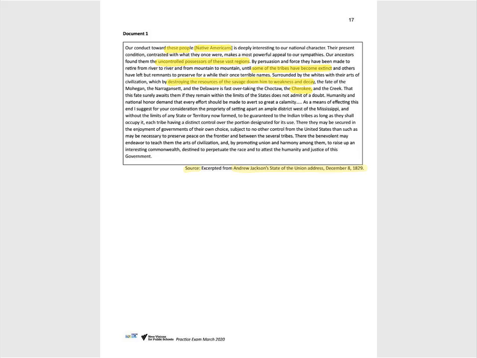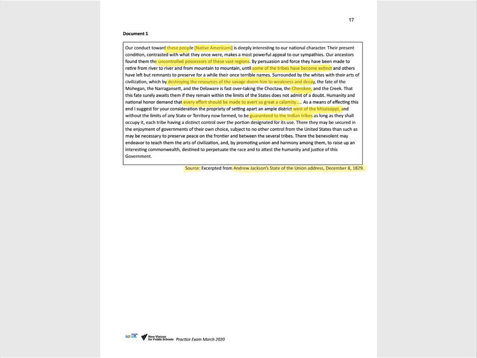That this fate surely awaits them if they remain within the limits of the states does not admit of a doubt. Humanity and national honor demand that every effort should be made to avert so great a calamity. As a means of effecting this end, I suggest for your consideration the propriety of setting apart an ample district west of the Mississippi, and without the limits of any state or territory now formed, to be guaranteed to the Indian tribes as long as they shall occupy it, each tribe having a distinct control over the portion designated for